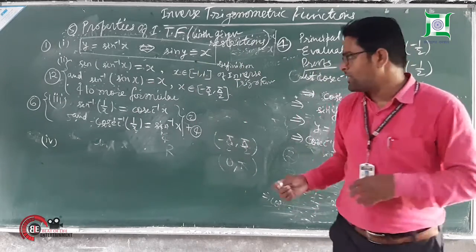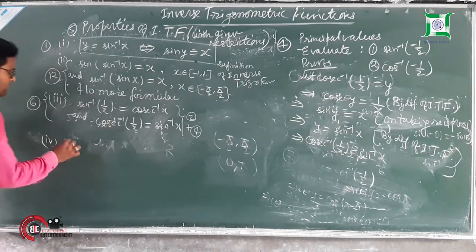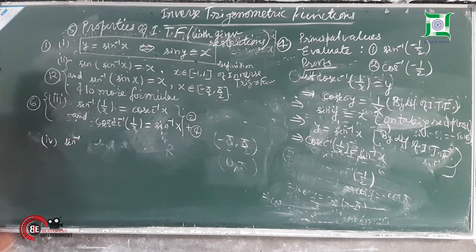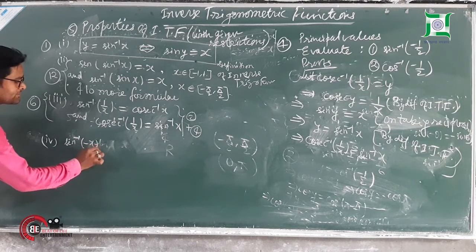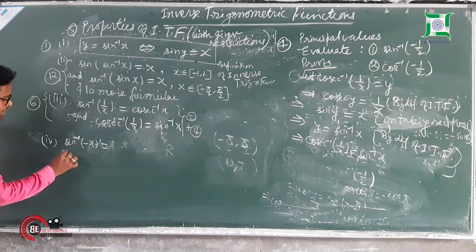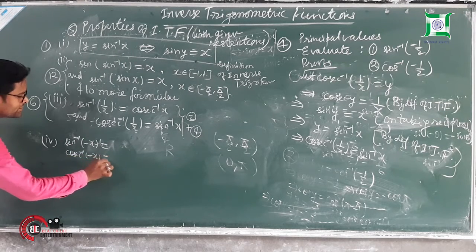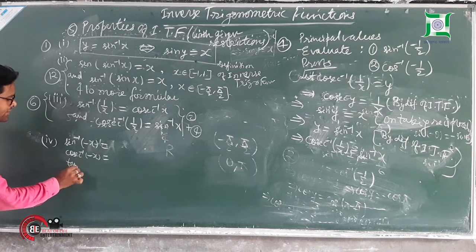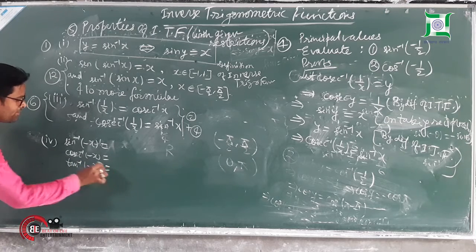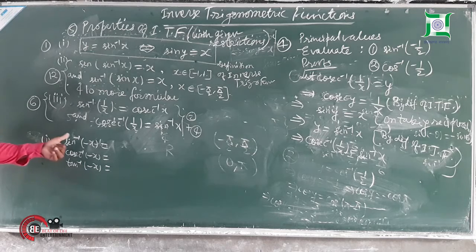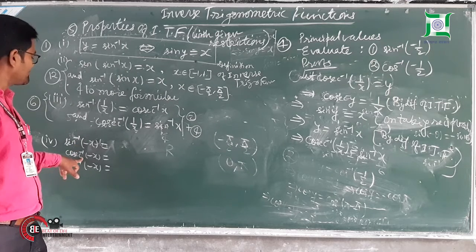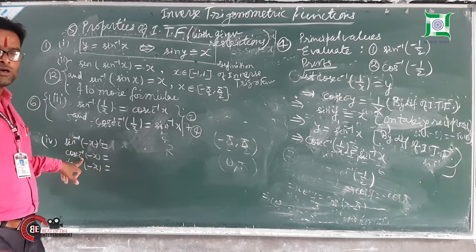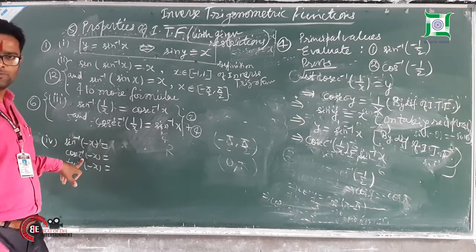Let us see. Now, first formula, sine inverse minus x. I am listing all these formulas. Next is cosec inverse minus x. Next is tan inverse minus x. Remember, they belong to the same category because their principal value branches are related. How is it minus pi by 2 to pi by 2? Its principal value branch is, for cosec inverse, minus pi by 2 to pi by 2, excluding 0.